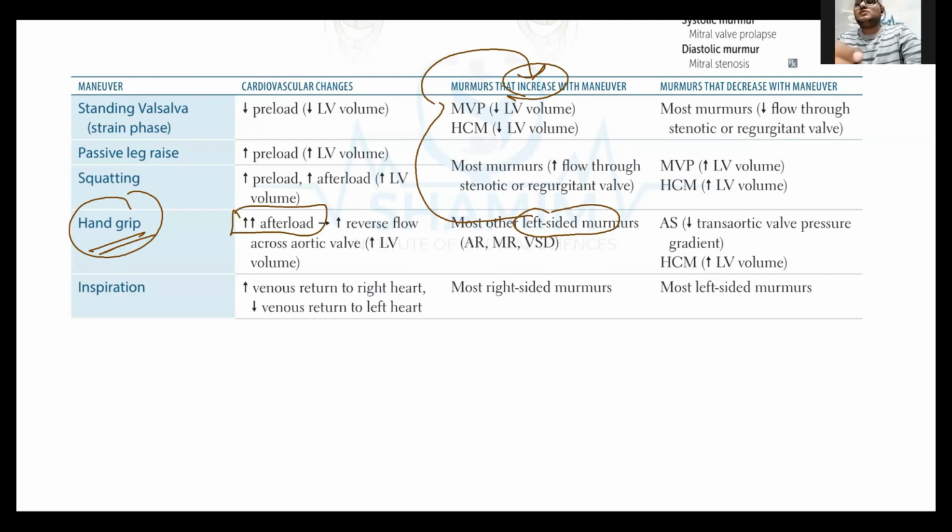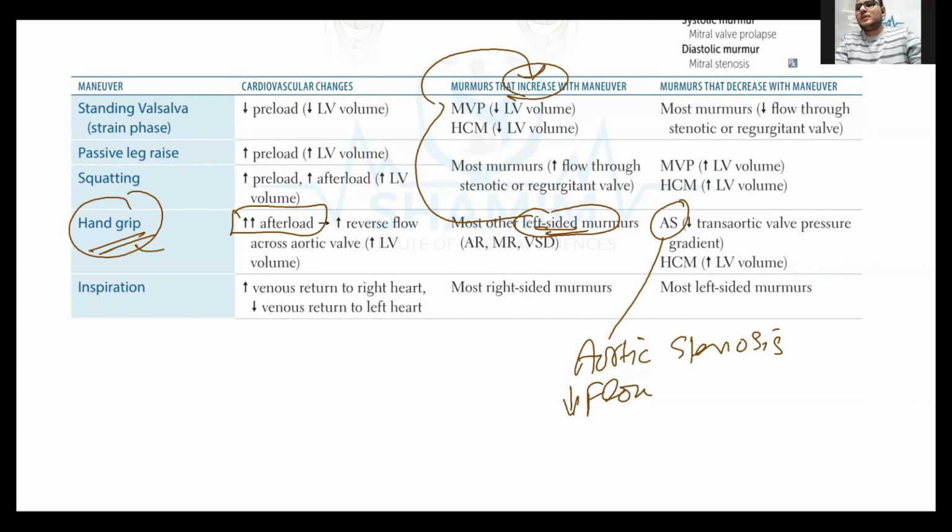मैंने आपको समझाया था आफ्टर लोड इज ऑब्स्ट्रक्टिंग पॉइंट अबव द लेफ्ट वेंट्रिकल। जब वहां पे मैं कोई ऑब्स्ट्रक्शन बढ़ाऊंगा तो लेफ्ट साइडेड के मर्मर मोस्टली बढ़ जाती है। लेकिन कौन से दो मर्मर हैं जो एक्सेप्शनल हैं, जो कम होंगे हैंड ग्रिप से? एक है एआर्टिक स्टेनोसिस। एआर्टिक स्टेनोसिस क्यों, क्योंकि एआर्टिक स्टेनोसिस के ऊपर अगर हम एक और ऑब्स्ट्रक्शन लगा देते हैं तो फ्लो कम हो जाता है।